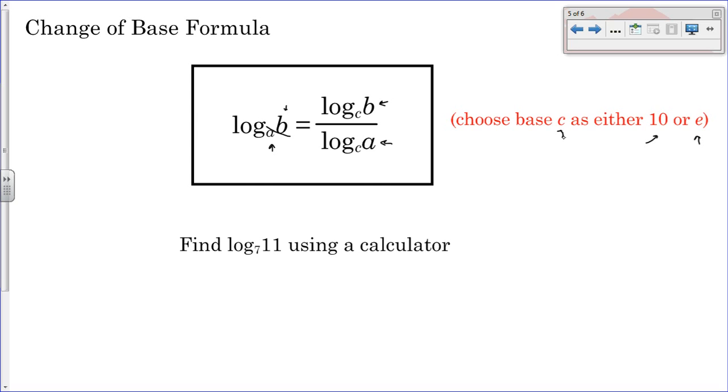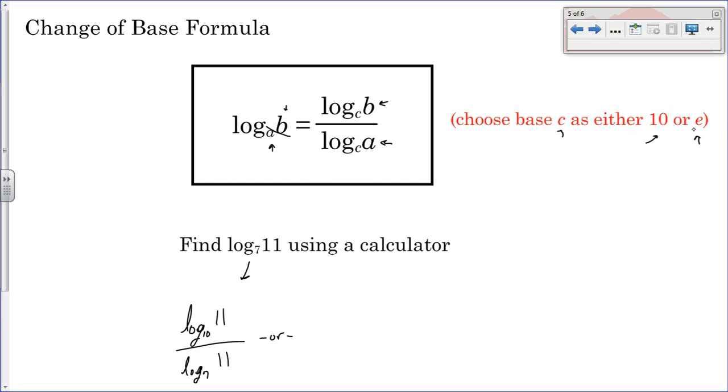Say this is 13, or in our case here, 7. In a normal calculator, you can't change the base to 7. You can in the Inspire that we use in class, but not on a TI-84 or something like that. So what we're going to do is go log base 10, which is what's in your calculator, of 11, because this is our b value, divided by the log base